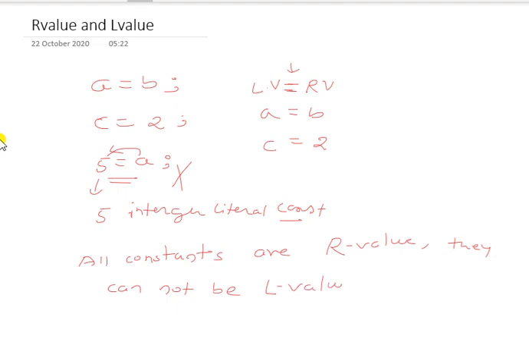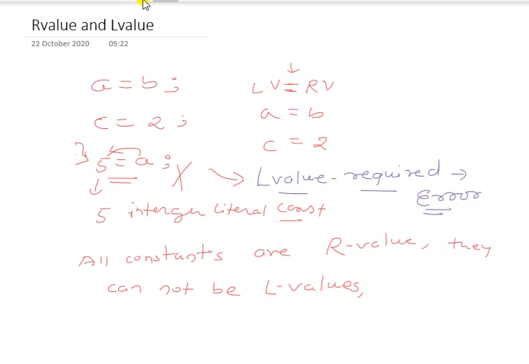If you ever try to make it an L value like this, where you are trying to make an R value an L value, the compiler generates an error called L value required. What you have given is an R value over there, but L value is required for the statement to be correct. So remember, whenever you try to modify a constant, the L value required error is generated.